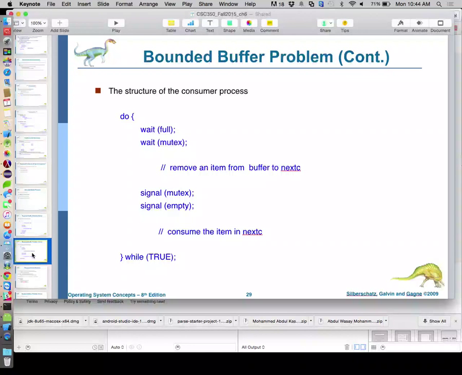Well, we protect the room with one semaphore: is the room available? The second semaphore asks: is there stuff that you can actually retrieve from the room? So we guarantee that you can't get into the room unless there is a resource for you to consume. Similarly, on the producer side of things, we're controlling the room with the exact same semaphore.